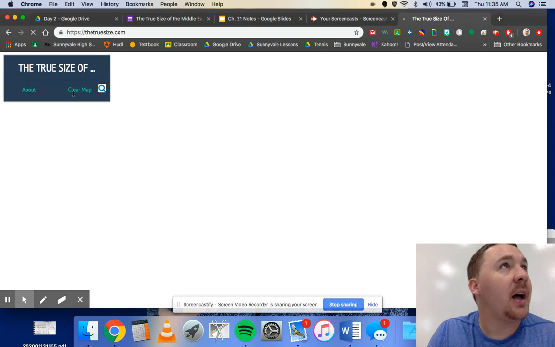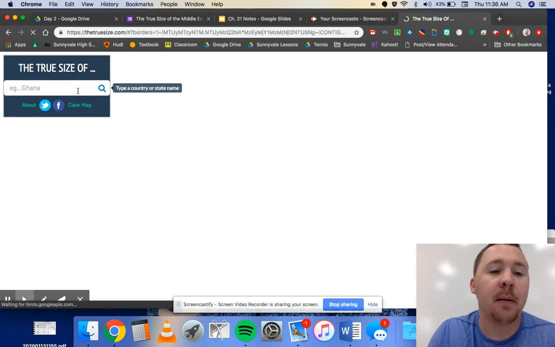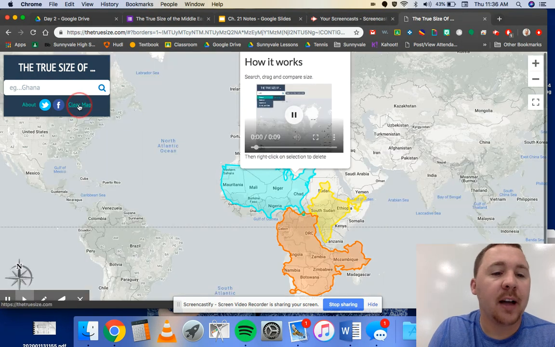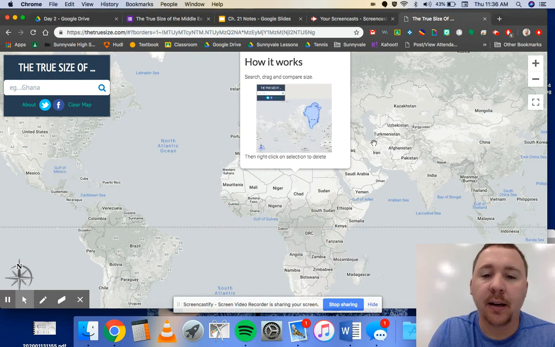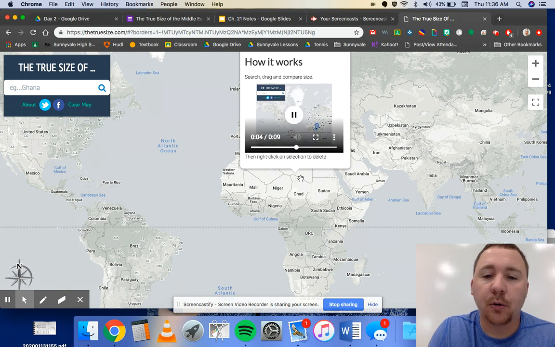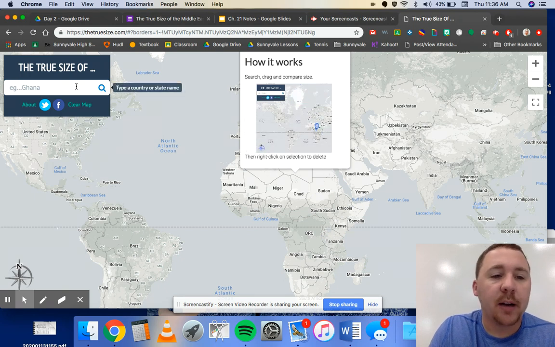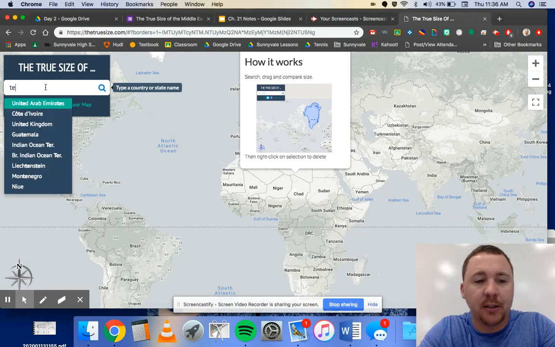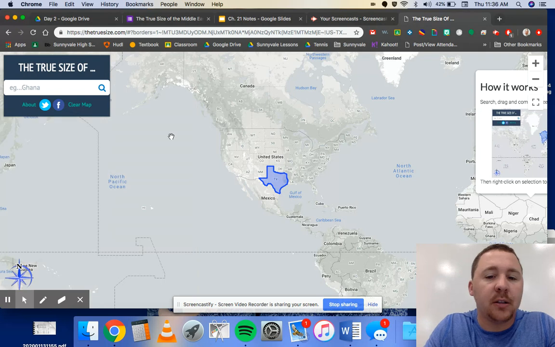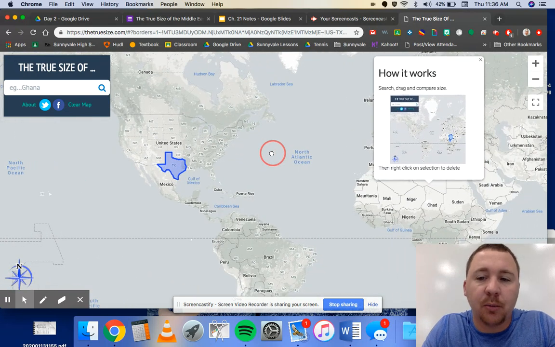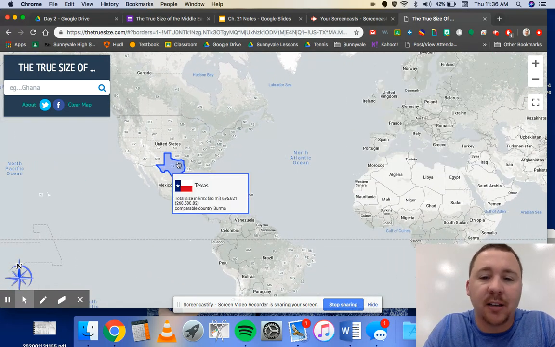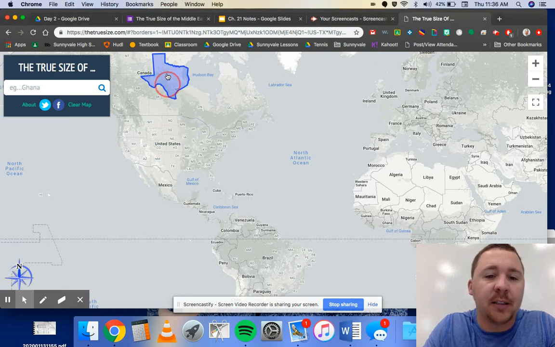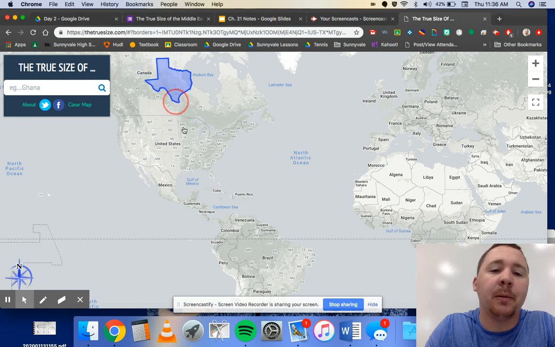So remember, maps lie. Maps, especially this Mercator map like we have on the wall here in the classroom, lie about the size. Anyways, here's what it has. It's going to tell you to take over some countries. You're just going to click. We'll just do Texas. So there's Texas. We can actually see the actual size of Texas. If we move it up higher, the bigger Texas gets, because the higher you get up on the map, the more skewed it gets.